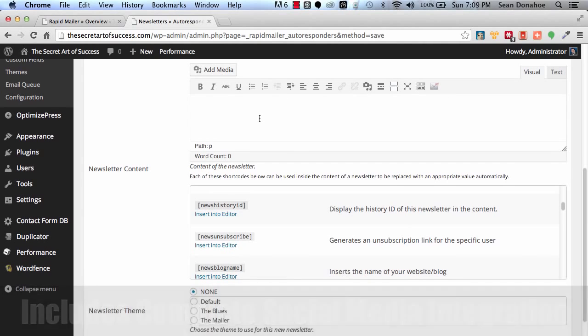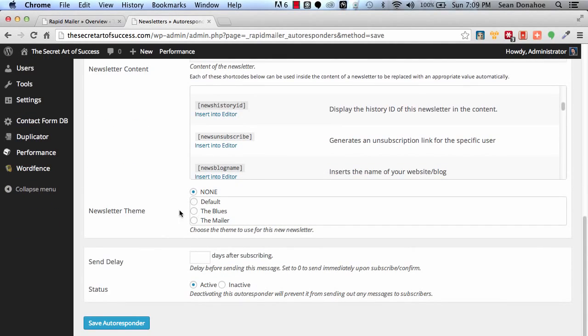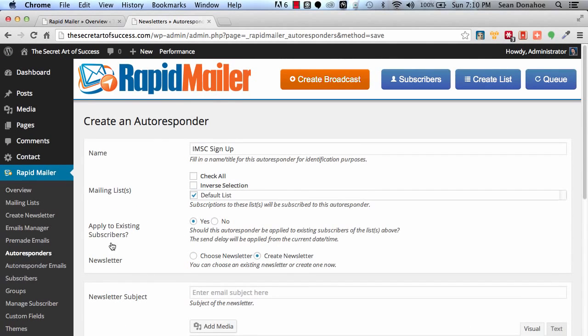You can embed images and media right in your email. You can set up which template you like to use. How long do you want it to be before they get it? So 0 is for the first one, and you can make them active and inactive, and boom, you're done. It's as simple as that. You can also manage your